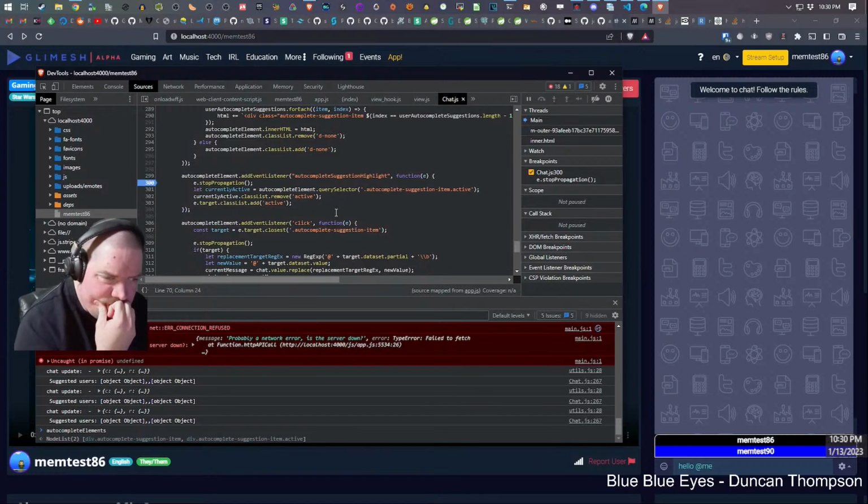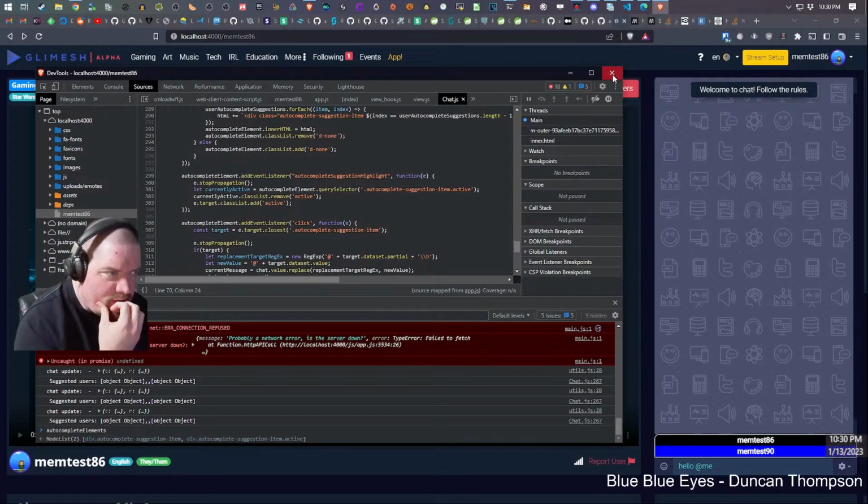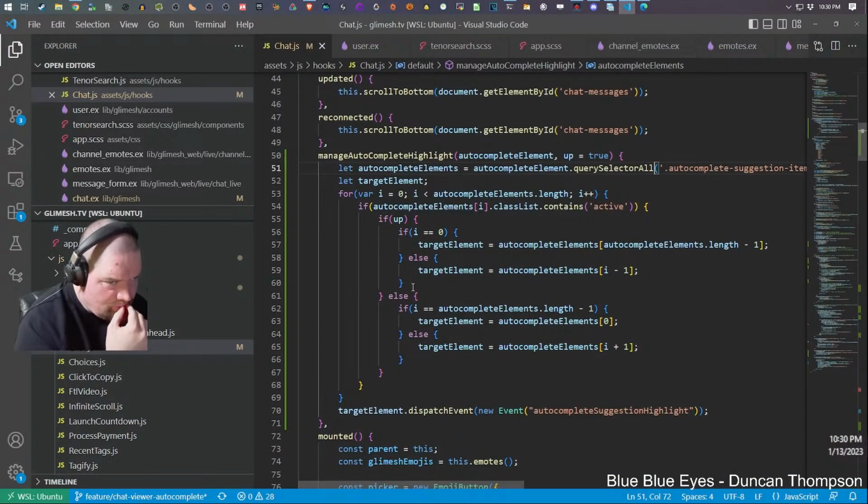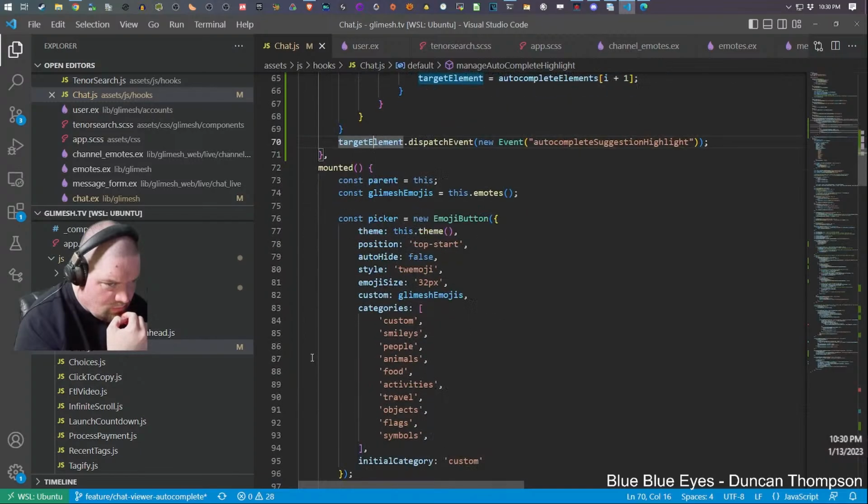Oh wait, what am I doing? This now doesn't make sense. Hang on. I'm saying this is the target element. I'm dispatching an event on the target element, saying highlight this target element.